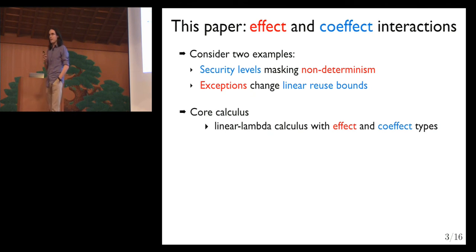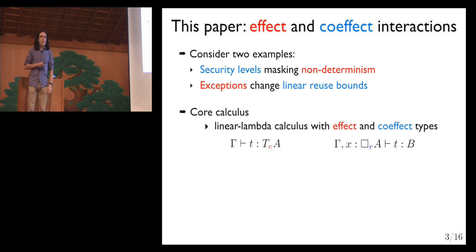We have a small typed calculus, which is based on the linear lambda calculus with primitives for effect and coeffect composition. We're not saying this is a programming language you should use, but it's more of a tool for describing the semantics of languages which have effects and coeffects and their interaction. We're going to have two special type constructors in this language. One is T, which is indexed by some effect information E in red. This is the type of an effectful computation that does some effects E, described by some algebraic structure.